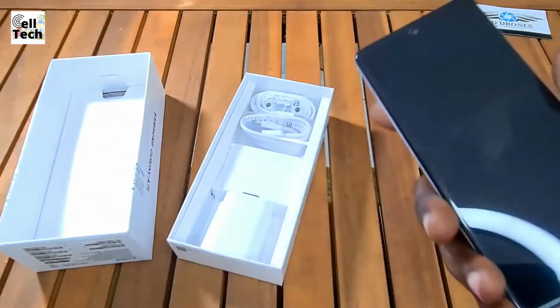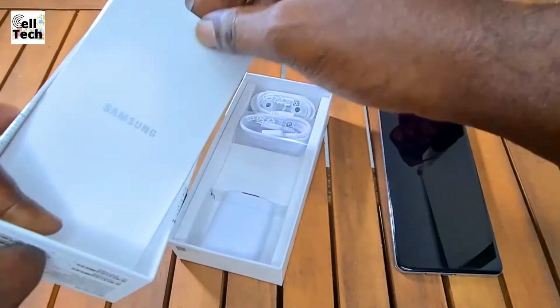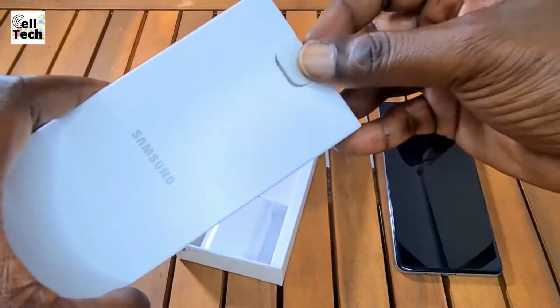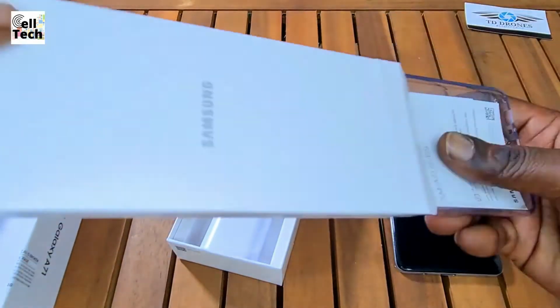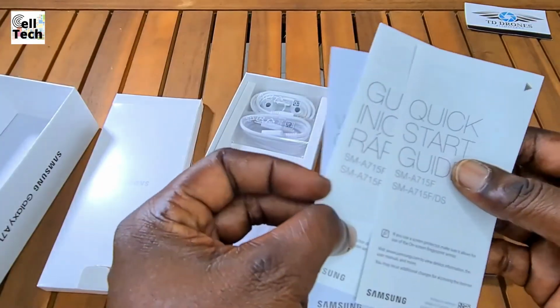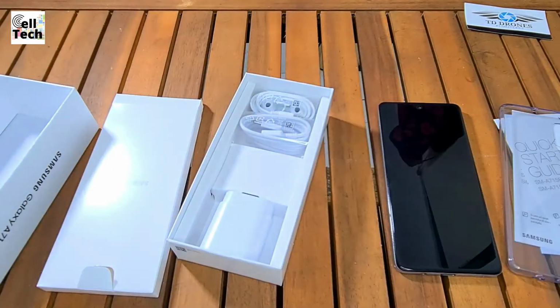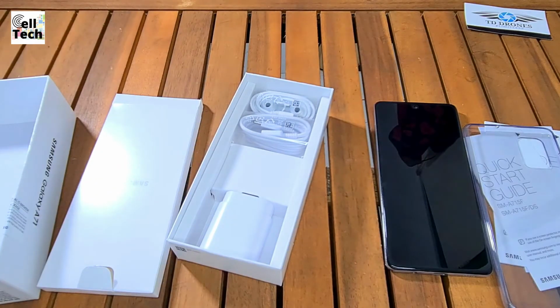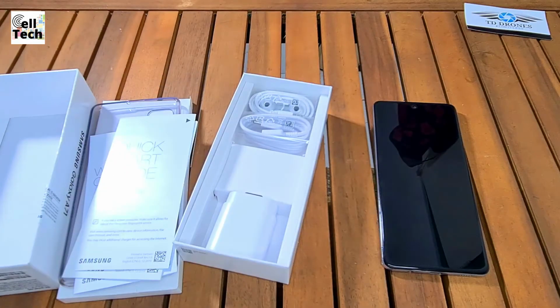Samsung A71. In the box you also get some instructions. And of course some of the quick start guides. Looks like a gel case. Okay, so this is everything in the box that you get with the A71. So yeah, basically that's it. Yeah, so let me just do a quick cleanup on these things here and we get ready for the review